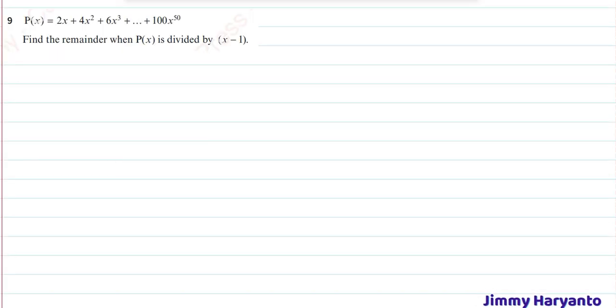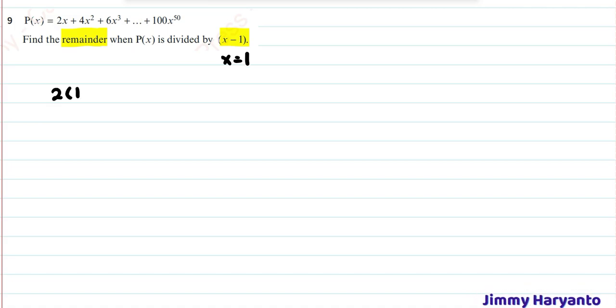And the last one is question 9. For question 9, find the remainder of p(x) when divided by x minus 1. I chose this question because it is a little bit hard. You have to use your logical thinking and maybe the formulas from the other chapters to solve it. So first, read the remainder. Remainder means find the value of x and then input it into the polynomial. So x equals 1.